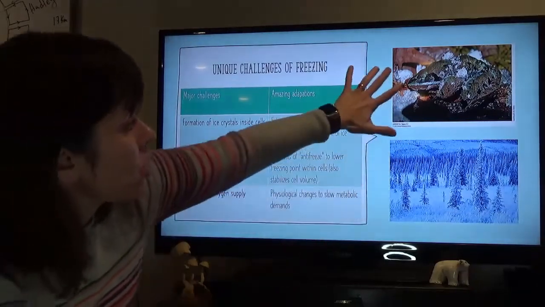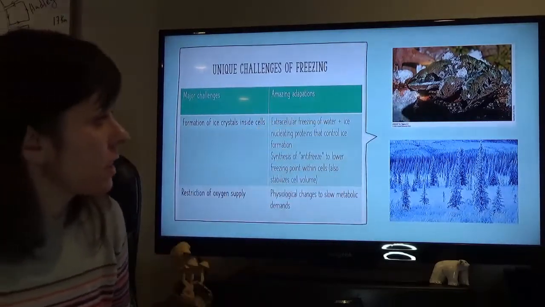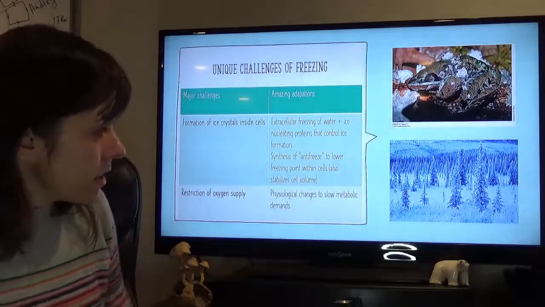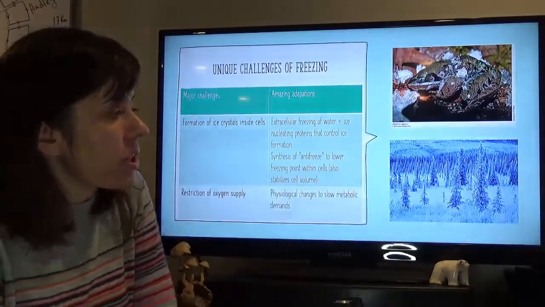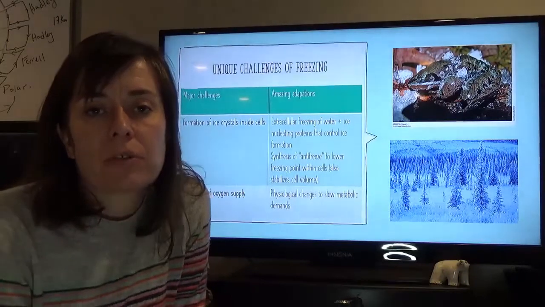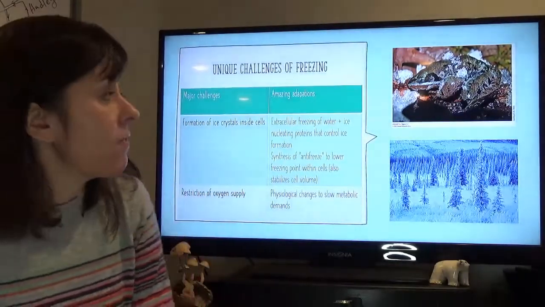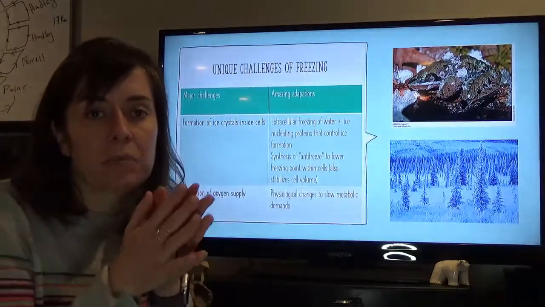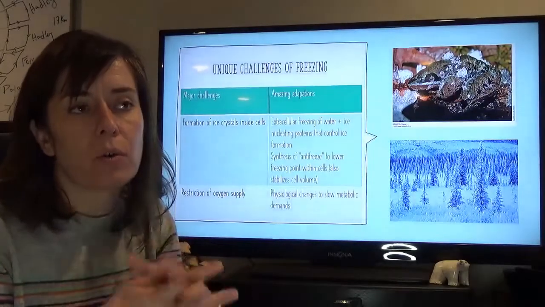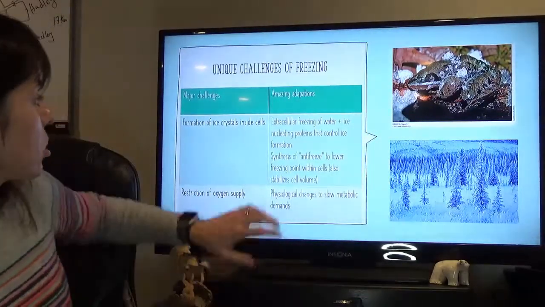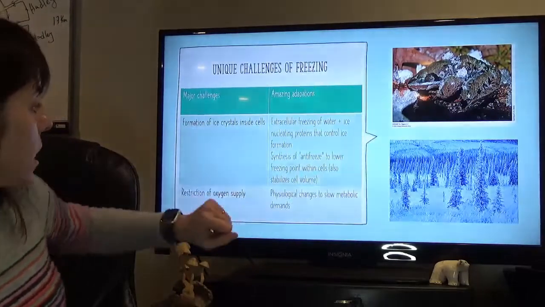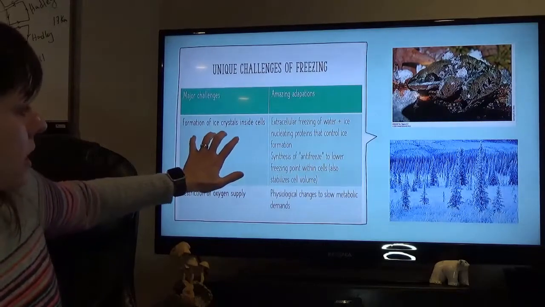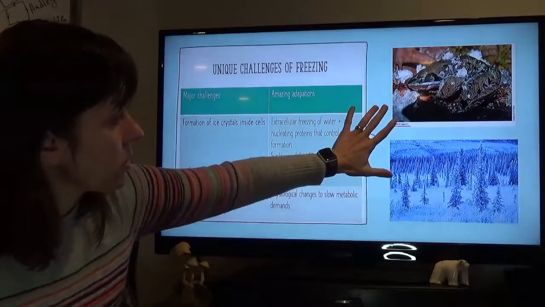Okay, and then back to our original picture from the first slide, which was a picture of a frog that was frozen solid. And I like to think about these boreal trees, growing in minus 50-degree temperatures in some cases. They face similar kinds of stresses, and so there are unique challenges of freezing that go hand in hand with temperature and water. So there are water-related challenges that these species that are able to deal with freezing have to manage. And so some of the major challenges that go hand in hand with this particular problem are